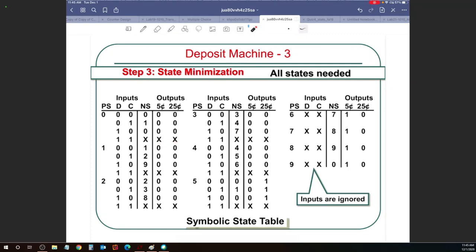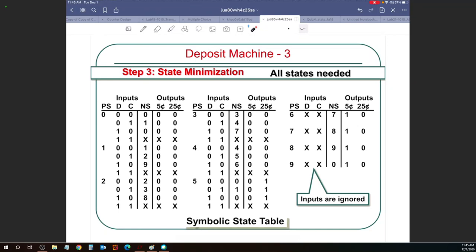You can also go into an encoded table by just saying present state 0 is encoded as 0000, and 1 is encoded as 0001, and so on. But that would lead to a very big table, 9 times 4. Over here we don't have much to do, but you have a lot of combinations to deal with,